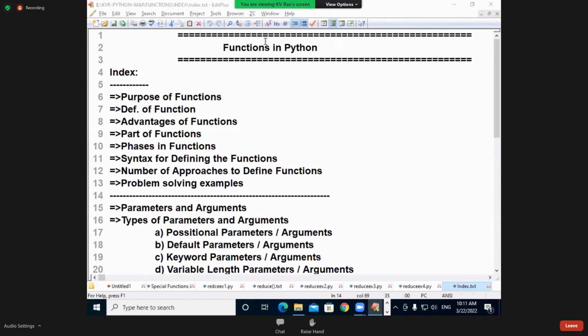So let me write down one more question. Write a Python program which will accept a list of positive and negative values, and find the sum of positive values and negative values separately by using